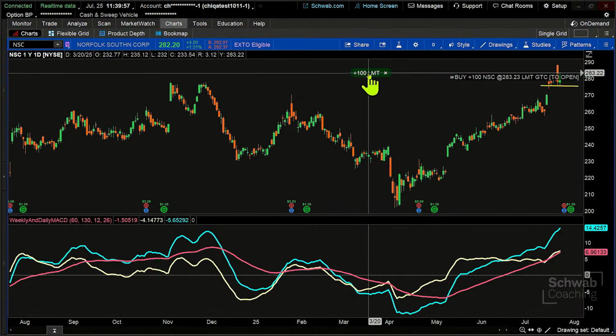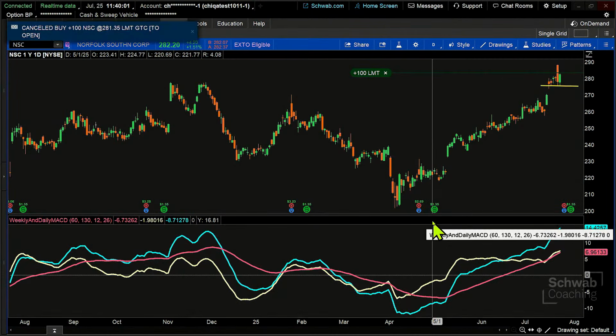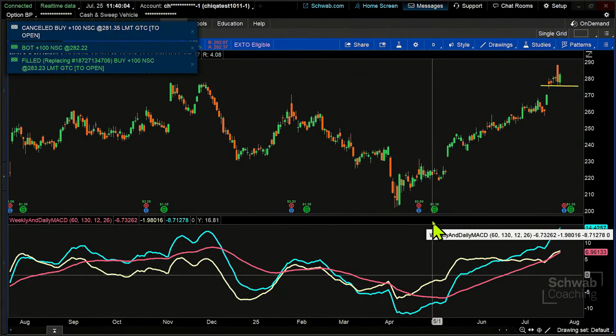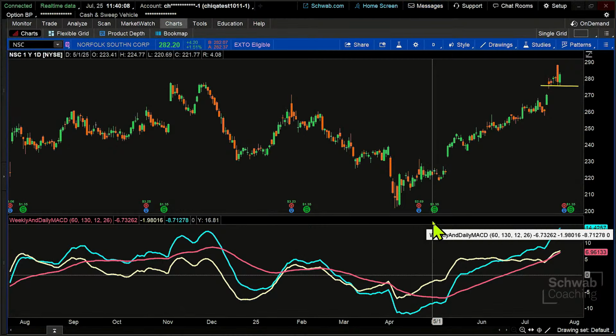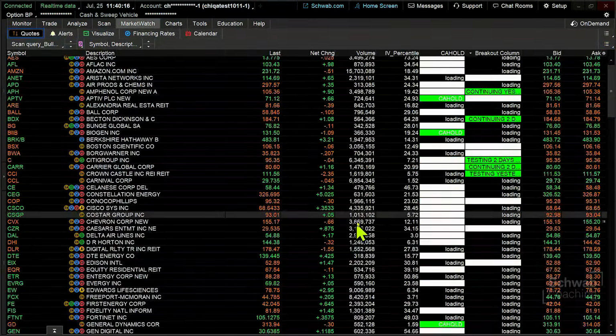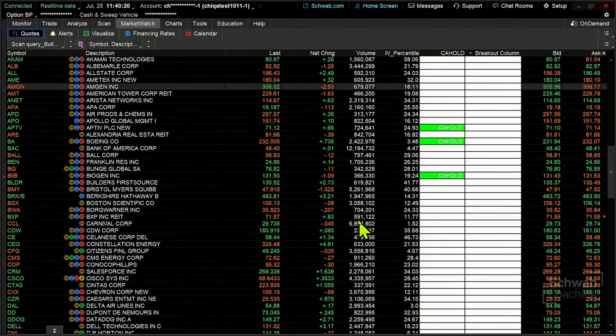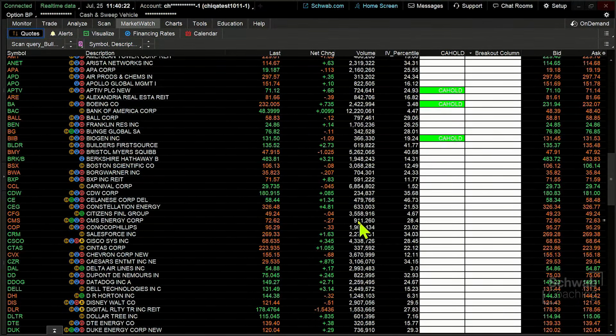All right. So there is that possibility. Now, if we were looking at this for an exit signal, if you were already in a trade, what we might do is come back to that Market Watch tab, and let's look at something that maybe has been trending, but is not breaking out at the moment and has maybe been pulling back a little bit. Let's come back down in here. One that I know broke out recently, but is now starting to see a little bit of downward move is CCL, Carnival Cruise.